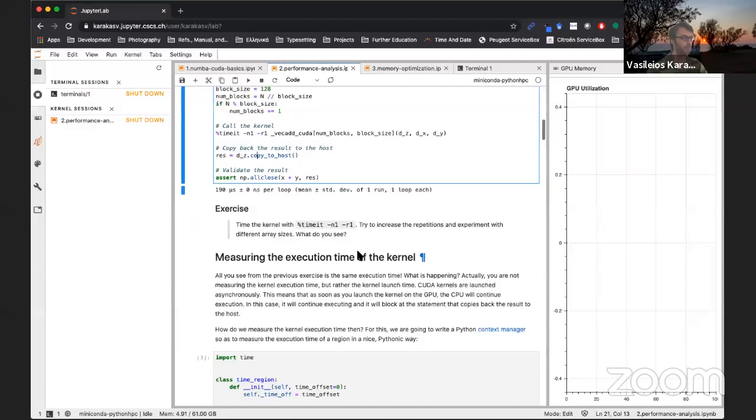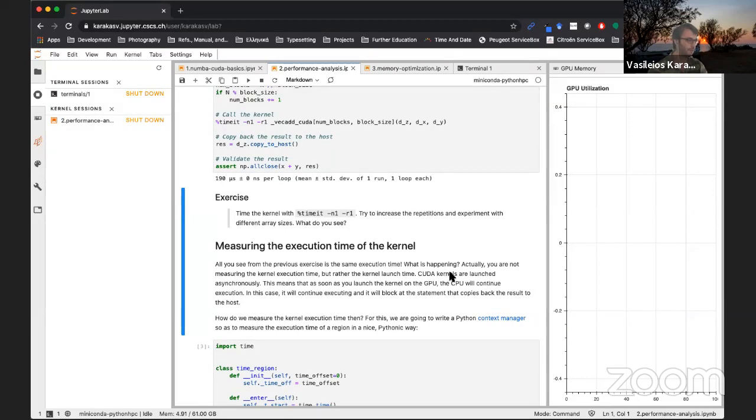But essentially, it's not what we want, right? We want to measure the actual execution time of the kernel. So unfortunately, we can't do that with timeit, or I couldn't do it. I mean, there might be a way. I'm not so good with the Jupyter details. So we're going to write our own timing function, which